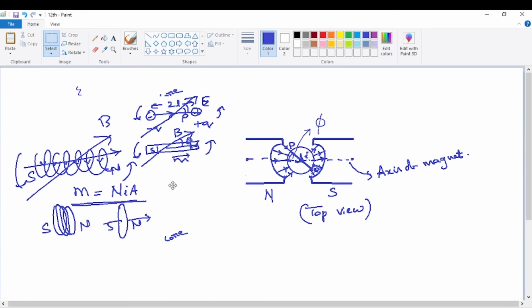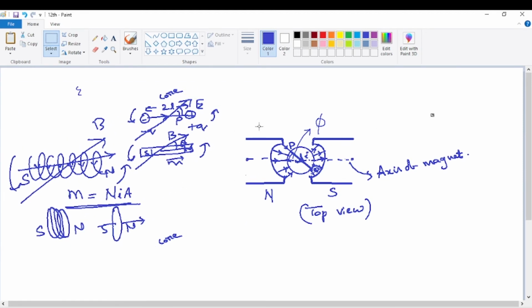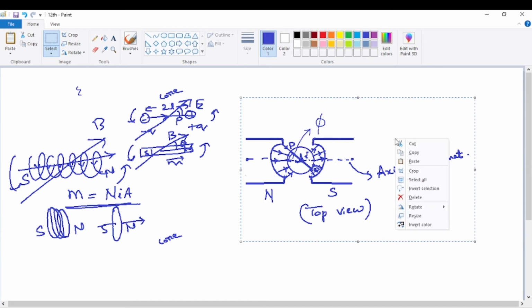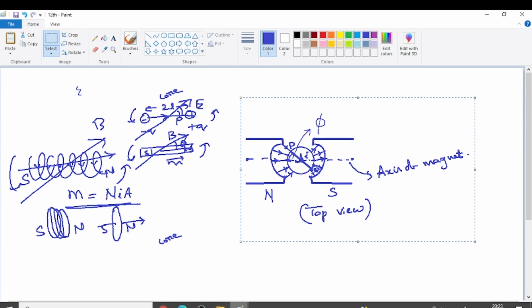rough column, another rough page, and this is the diagram actually which is required for the syllabus. This is also top view only, but after deflection. Before deflection, top view is not required, because the first diagram of the moving coil galvanometer is before deflection. That is, one diagram is sufficient. But this second diagram is very important here, which also shows the angle of deflection. So this is actually the syllabus diagram. I'm just copying it in the actual syllabus page.